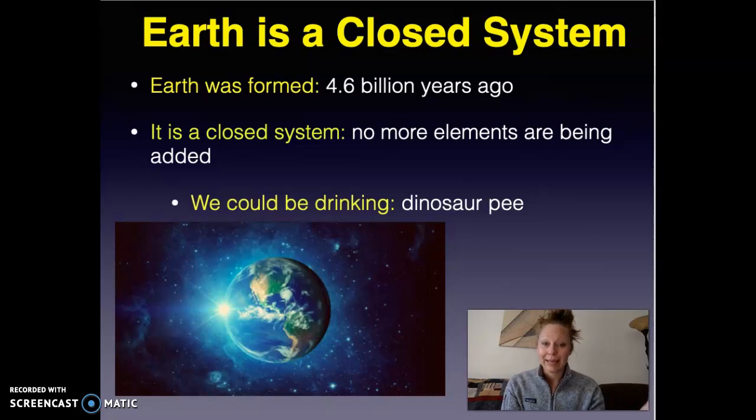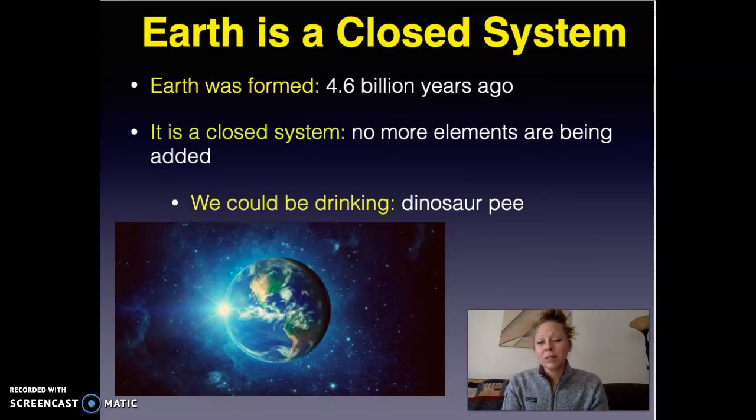A plant will take it up and use it. Remember photosynthesis, it'll take in the carbon dioxide. And then it takes those carbons from the carbon dioxide and it builds glucose. And then that glucose is going to be the pieces in which the plant is made up. And then we eat that glucose, or we eat that carbon, and that carbon becomes part of us. And so that is how it is recycled. It is used again and again and again.